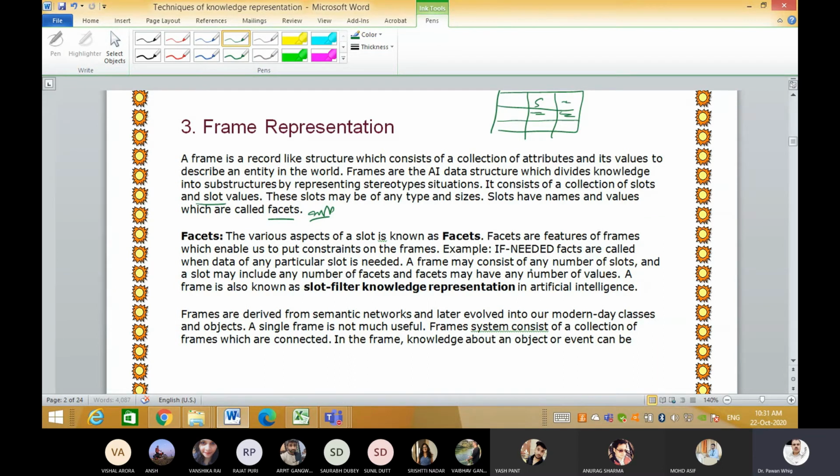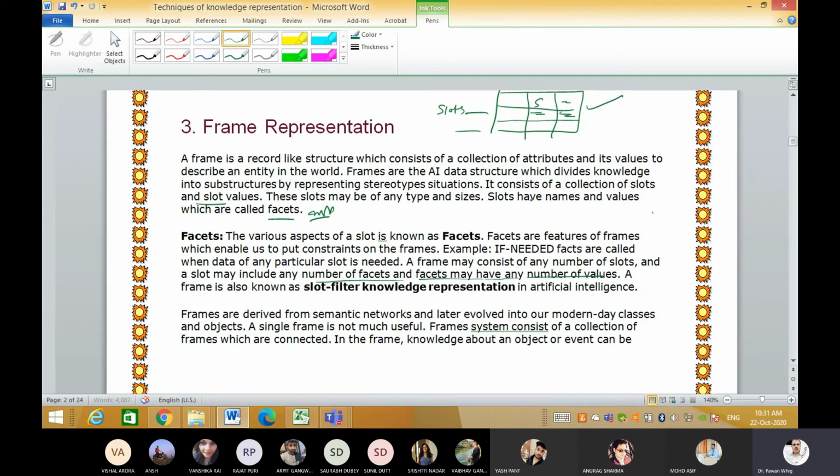A frame may consist of any number of slots, and a slot may include any number of facets. So I think you understand. There is a frame, meaning there is a table, and in a table there are slots. These are called slots, and in the slots there are particular facets, meaning any number of facets, and the facets may have any number of values.